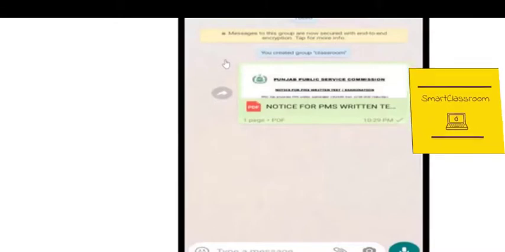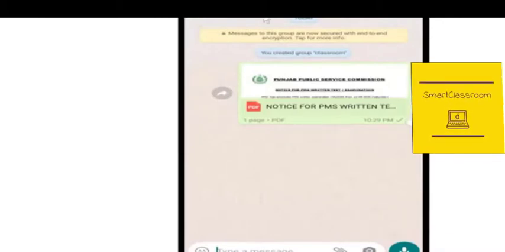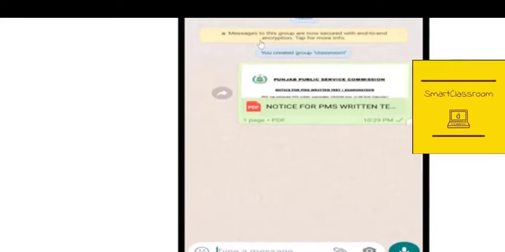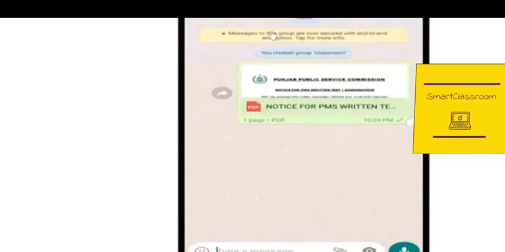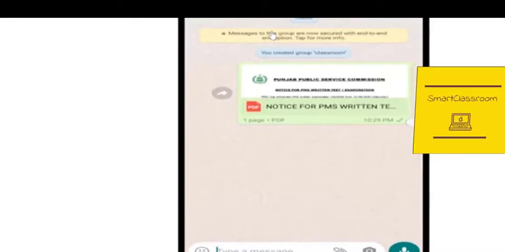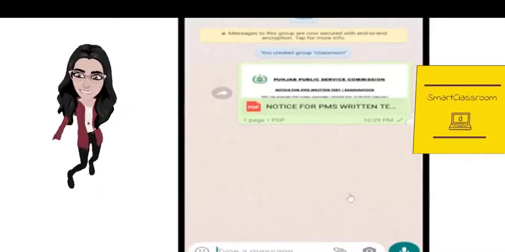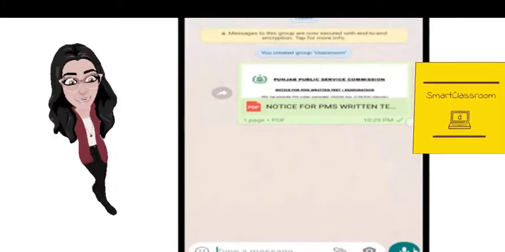If we turn these settings to admins only, the group can also work as a notice board. But here the purpose is teaching and learning, so we will keep the settings to all participants, so that the teacher as well as the students can use the group for communication and for teaching and learning purposes.